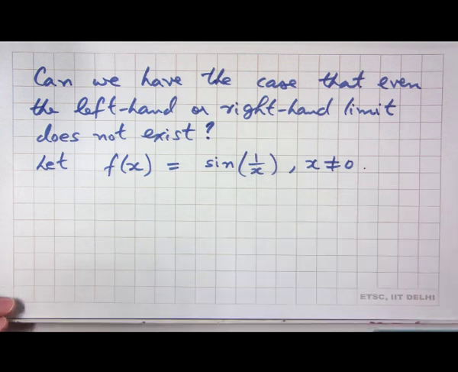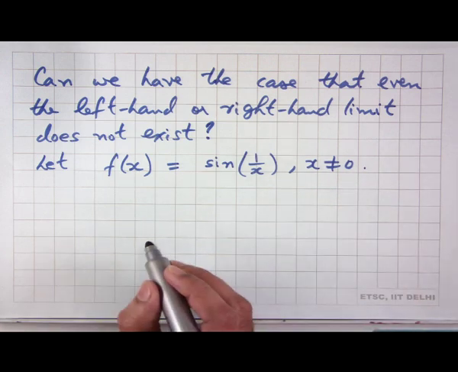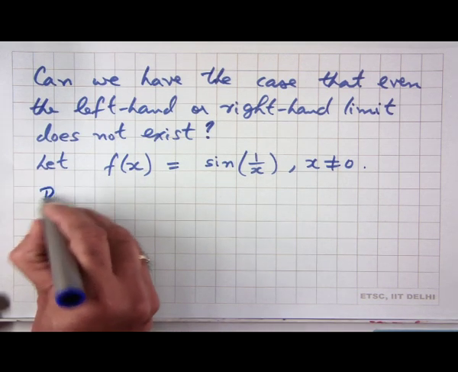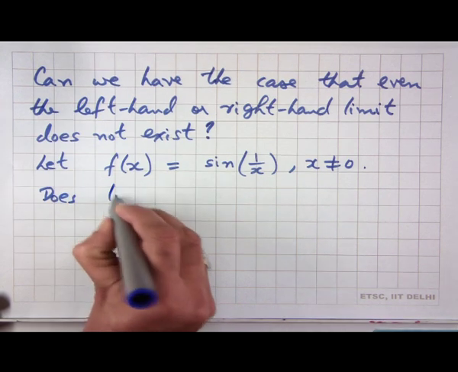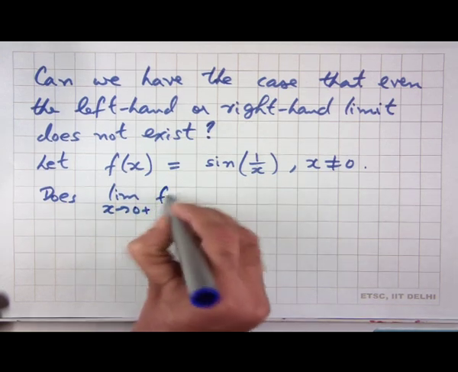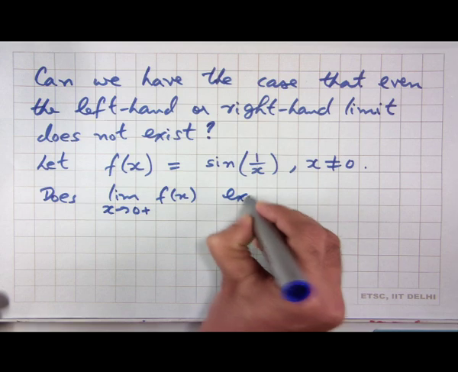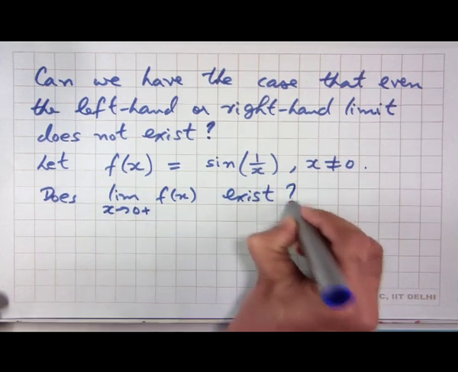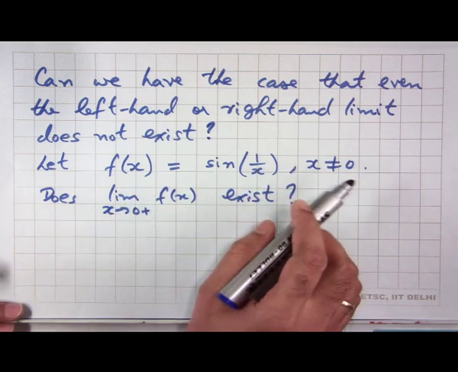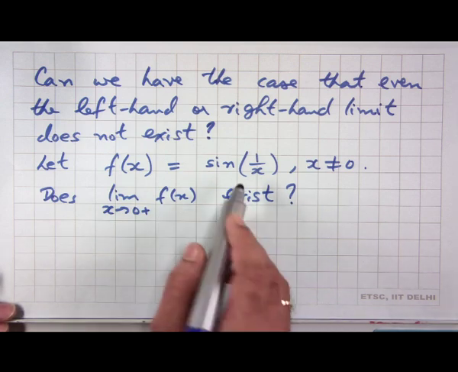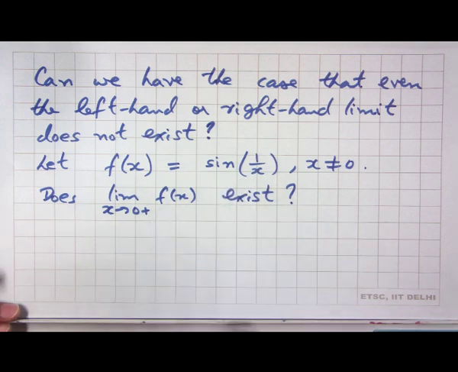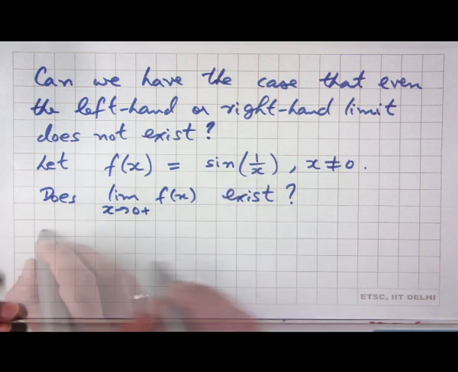So, does the limit as x goes to 0 plus of f of x exist? We are defining f of x for all x non-zero, and f of x is defined to be equal to sine of 1 by x. So, if you draw the graph of this function, so note that